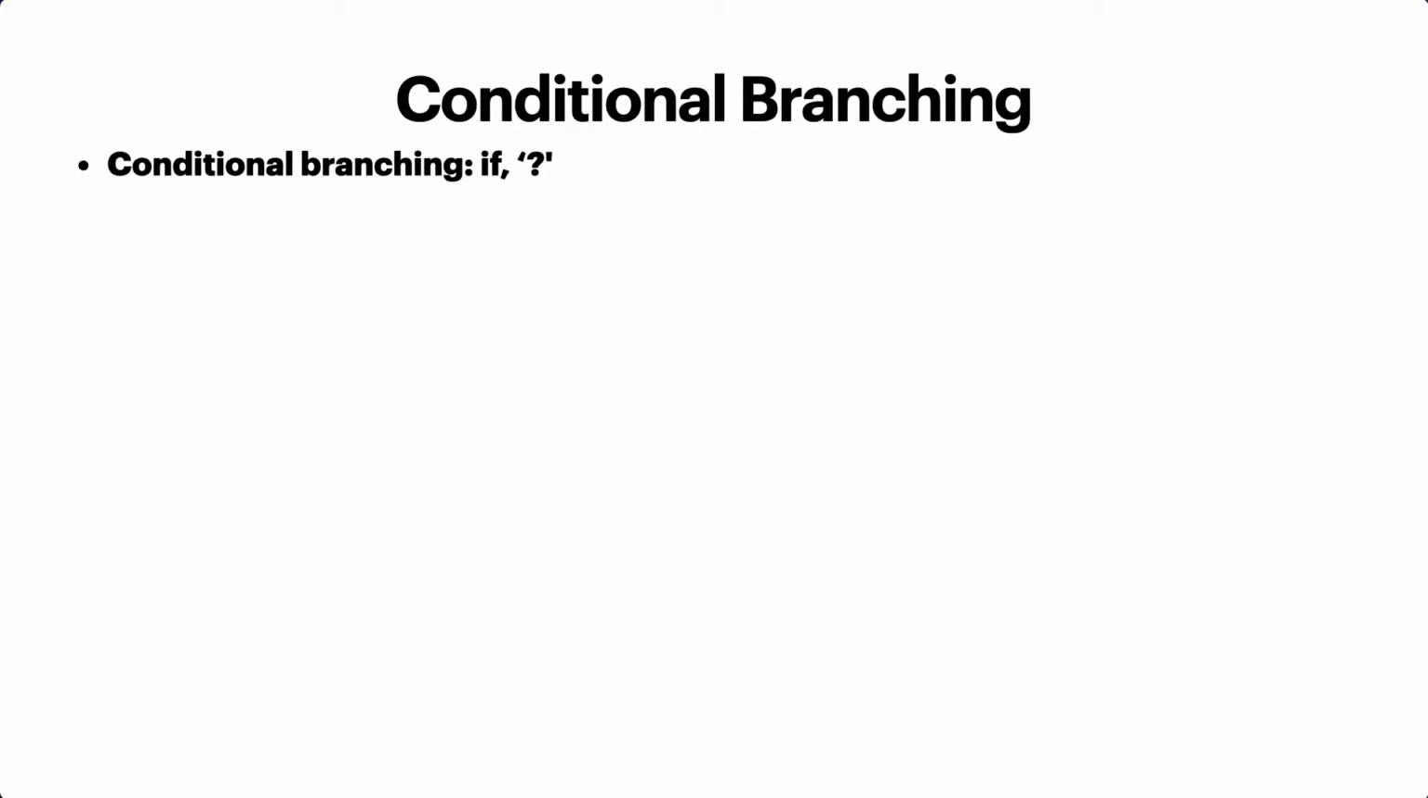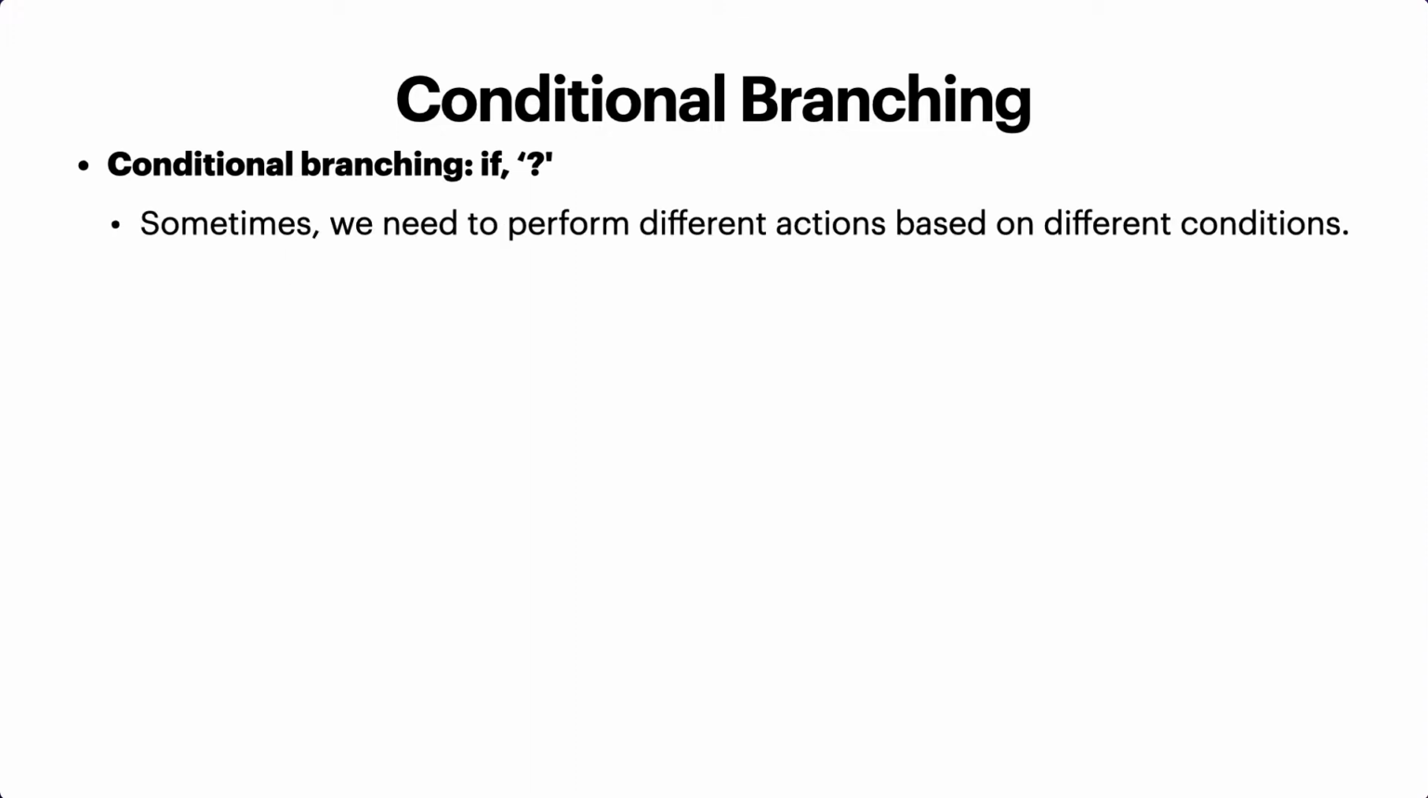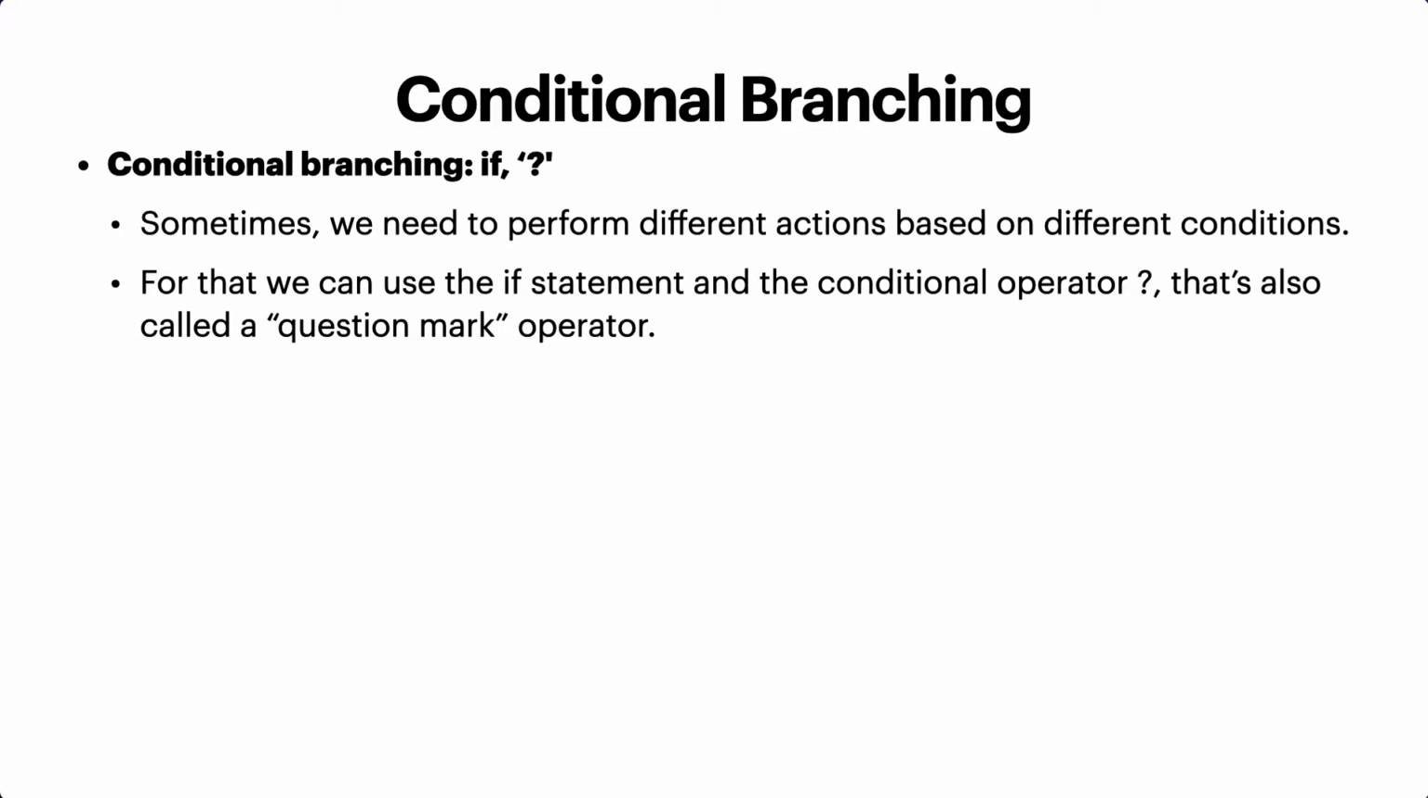Conditional branching. What is conditional branching? Sometimes we need to perform different actions based on different conditions. We want to run some block of code based on one condition and then do some other operations based on other conditions. For that, we can use the if statement and the conditional operator, also called the question mark operator. We have two kinds of conditional operators here, but let's talk about the